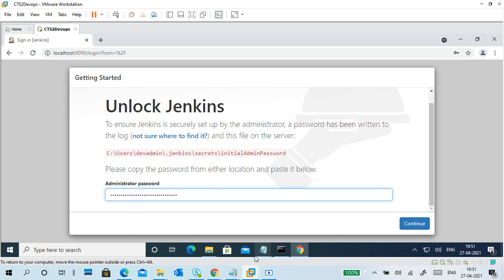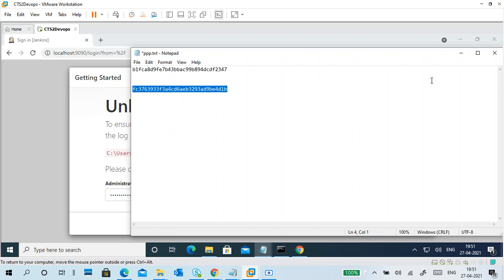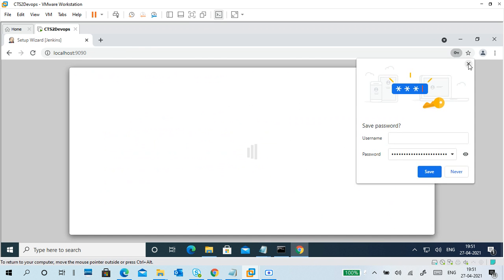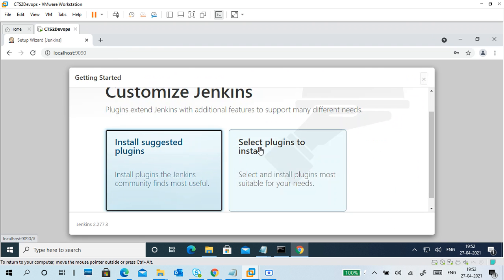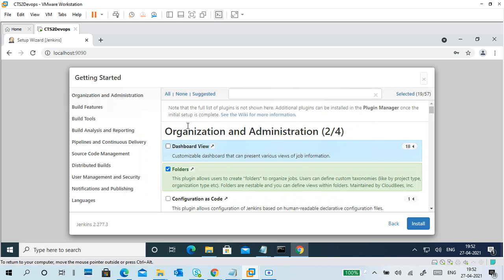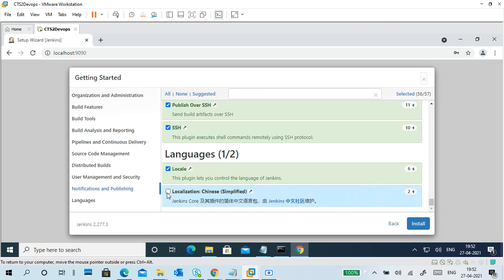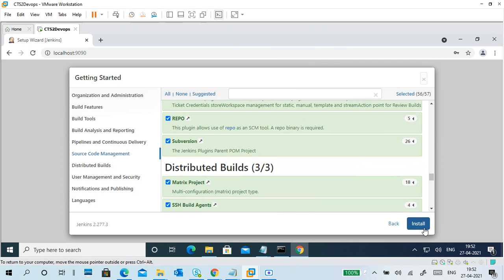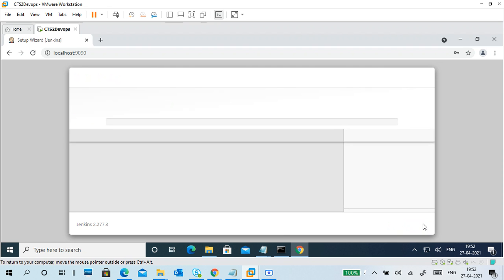I copied this password here, or you can copy from this location. Continue. It is asking to select this one, so I'm selecting this. You can use the first one. I'm unselecting all languages, or you can selectively select what you require. Depends upon internet speed. Click on install.